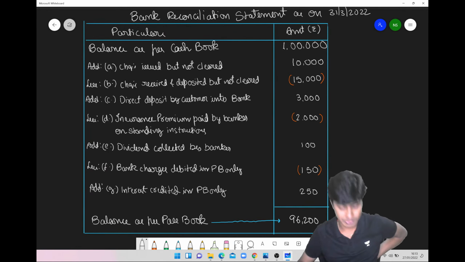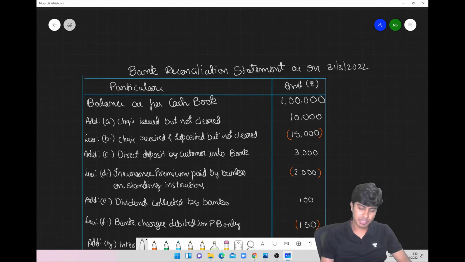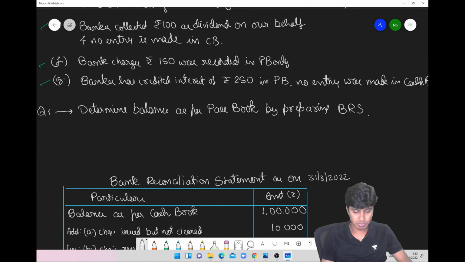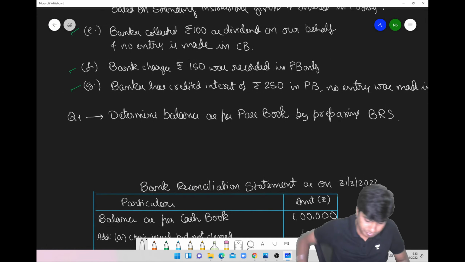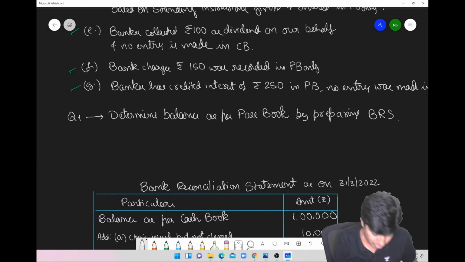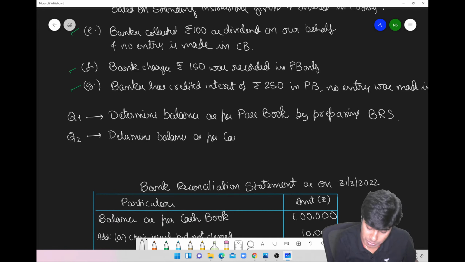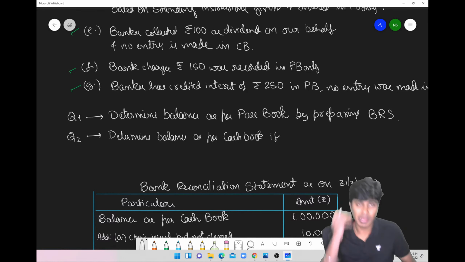Let me take you ahead now. For the same question, let me ask you another question. Determine balance as per cash book. Sir, but balance as per cash book is given. No, I'm just telling you. Determine balance as per cash book if,